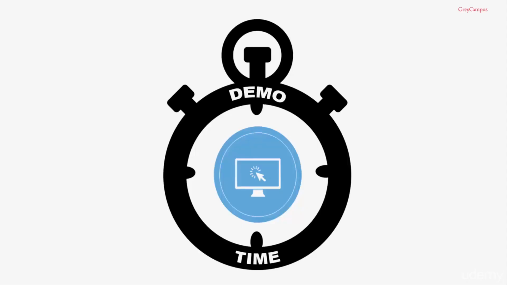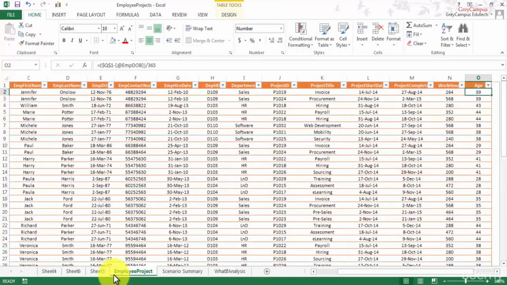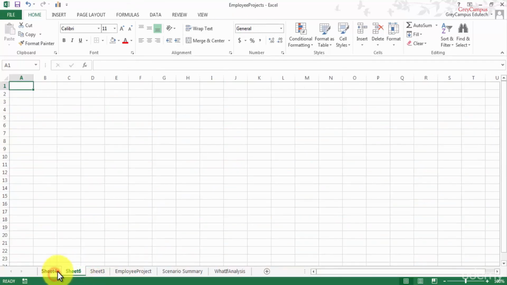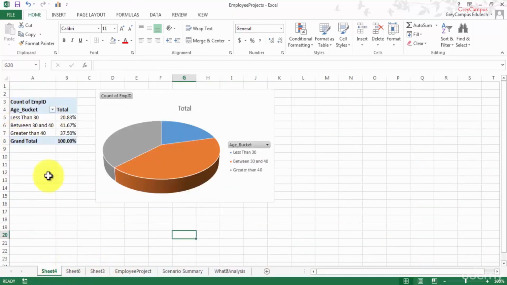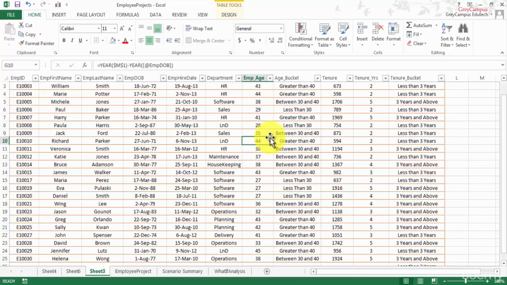So we'll go to the Excel table, and let's say we have this employee project. We can make some data out of this project and do some analysis work directly. So here we have taken some pivots over here. We have some data which we have considered for bucket. Now this particular quick analysis, what we want to do is based on some